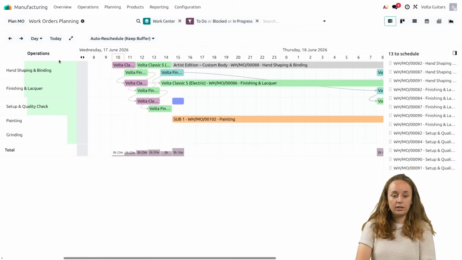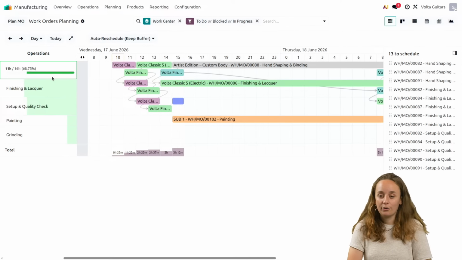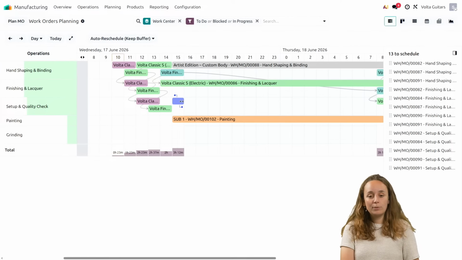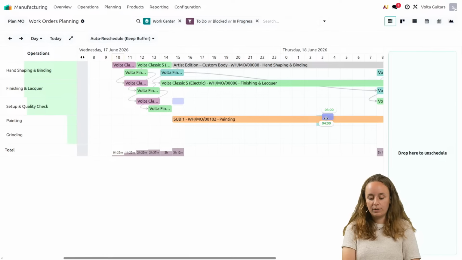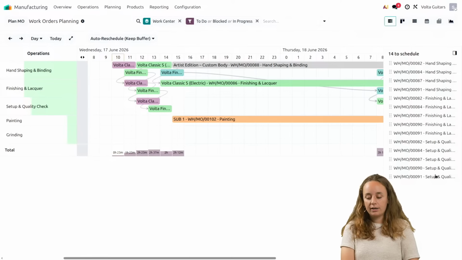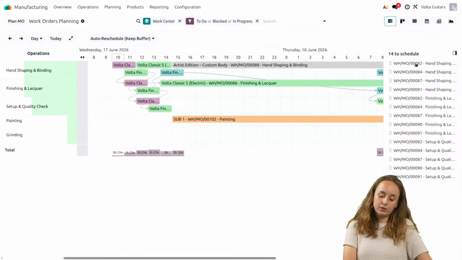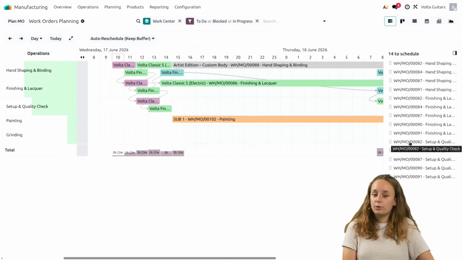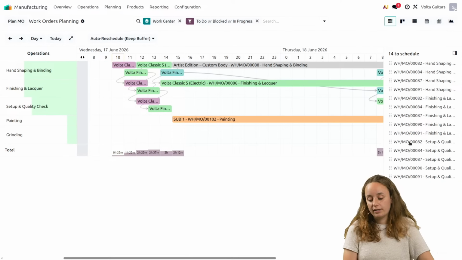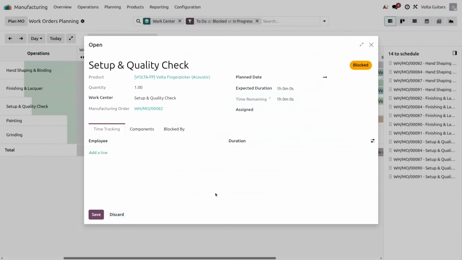And by the way, you saw that when I went on here, we could see the workload of my work center. If I want to unplan because I made a mistake, no problem. I can drag and drop it back here. So here we have the list of all our work orders that still need to be planned. If I want to have more details about a work order, I can just go ahead and click on it. And here we can see the work order